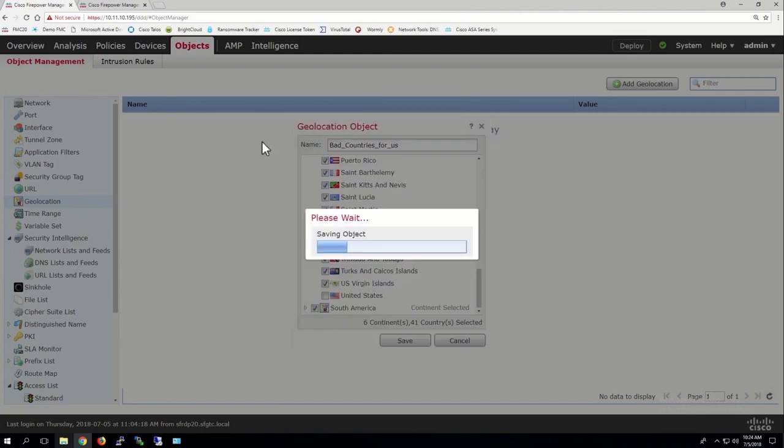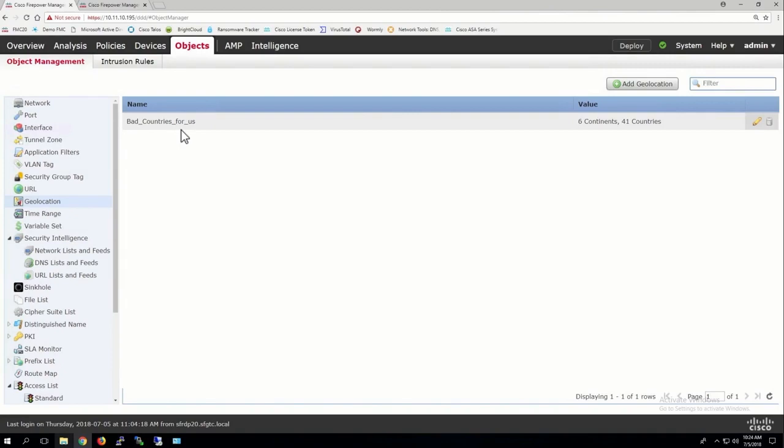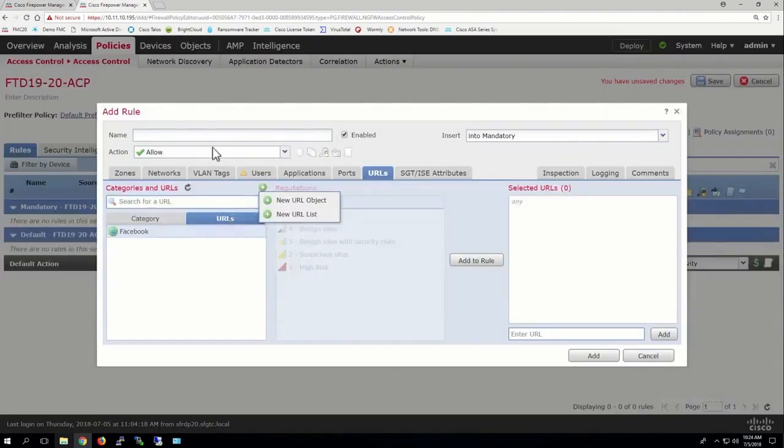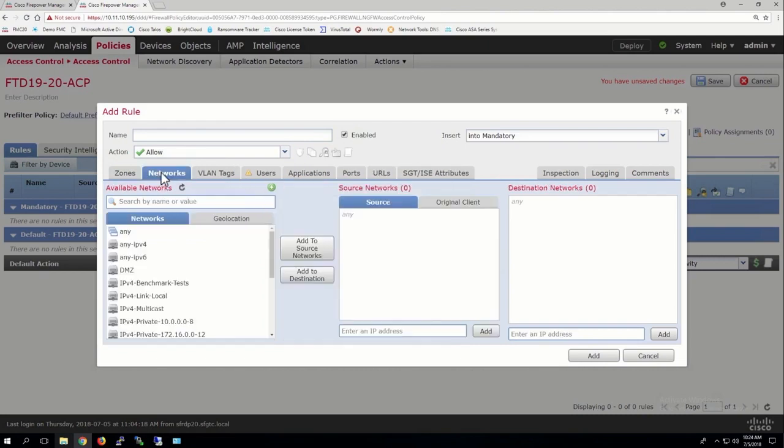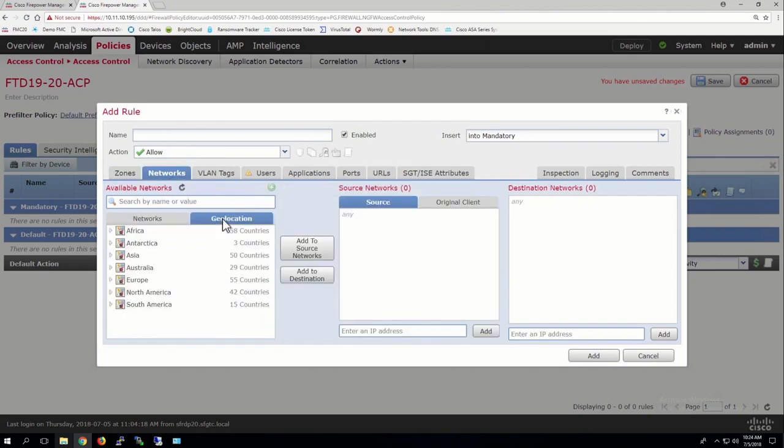If I was to create this object and put it in an ACP rule, your attacks would drop by a minimum of 90%. A minimum. Now I'm going to show you what to do with this though, and how to implement that when you get into the ACP. So that would be under networks, geolocation. Now, I should have my object in here. This isn't real fast here. As a matter of fact, we can set up updates that occur at night. They're kind of long updates, taking 30, 40 minutes to update the IPs because people move them around and whatnot.